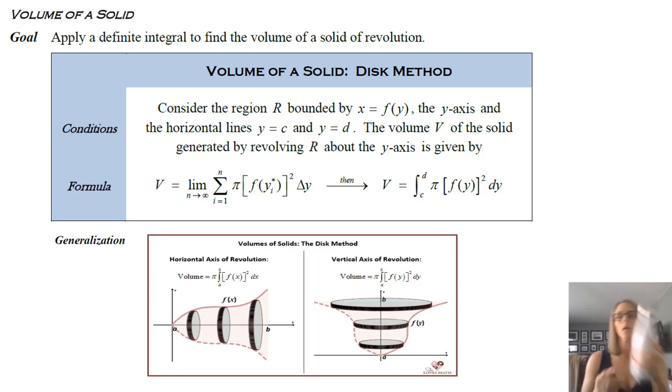So it's just more like you're looking at curves, and then what happens if they rotate around the y-axis, and that is a different rotation than around the x-axis, because obviously you've got functions and you've got curves. And you can see, however, that it's still the idea of, for the disk method, slices that are circles. So we're adding up a bunch of these circles, just like we did before. It's just now we have a different orientation. So other than that, it is still the idea of pi r squared. It's just that the radius of this is going to be a distance like this instead of a distance like this.